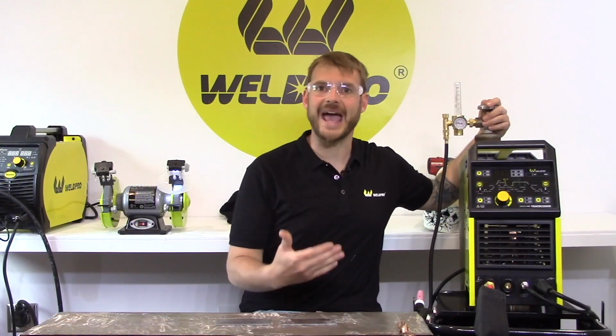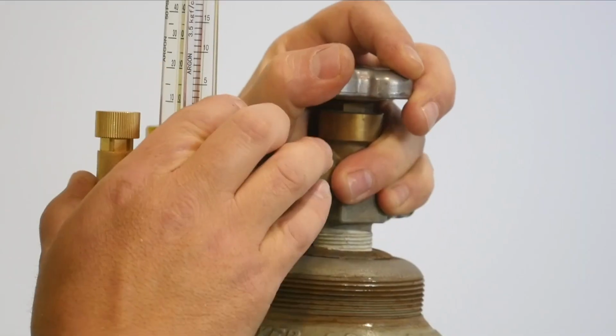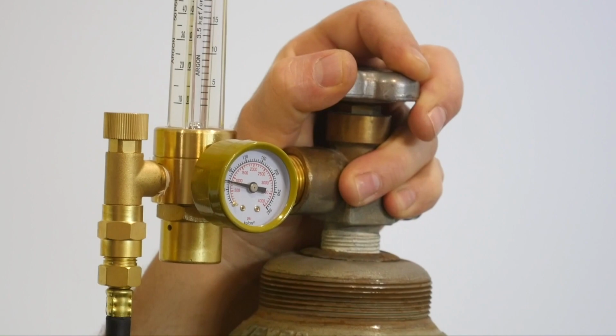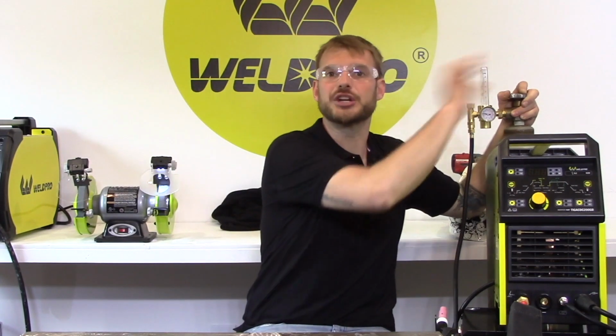Before we open our tank, we want to make sure that our flow meter is in the vertical position. This will ensure accuracy of the flow meter ball. I also prefer to open a tank with the gauge pointed away from me. If a regulator or a flow meter were to fail, typically that would happen at the gauge. By pointing this gauge away from yourself, if this regulator were to fail, debris would fly in a direction away